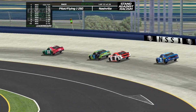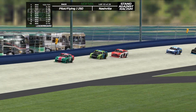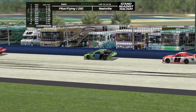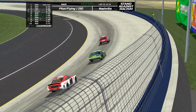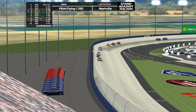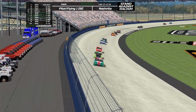The gap between first and second stayed about just the same that time by. It was 0.28 last time, 0.29 this time, as Quentin Moore gets awful close there to Logan Alexander for that second position. And it looks like Alexander's going to run a little lower line than Moore did there, but not lower than O'Neill went, as she is going to hold on to this race lead, coming to lap 23